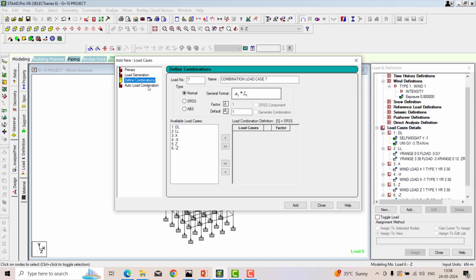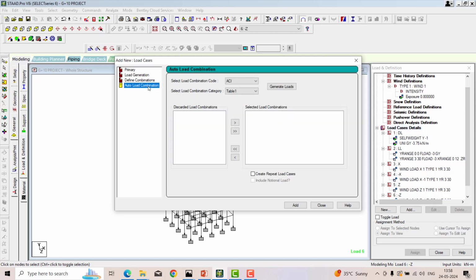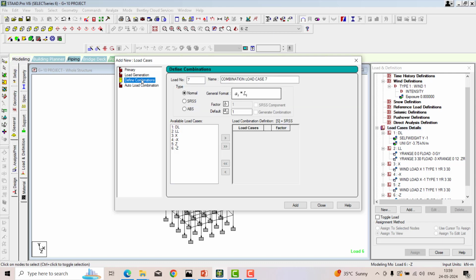If you want to go ahead with the auto load combination, meaning when you don't know, you just select the particular IS code here, Indian code, and then you click on generate. Whatever the possibilities are there, in total we have three factors, that is 1.5, 0.9 and 1.2. So you get all the factors here, but I don't want to apply all the factors. Again, I just want to remove it, discard it, then click on define combination.